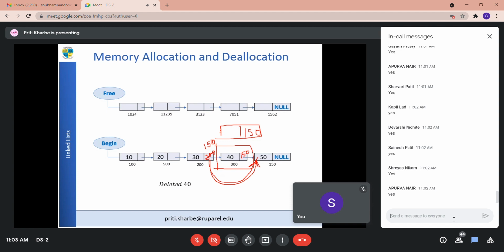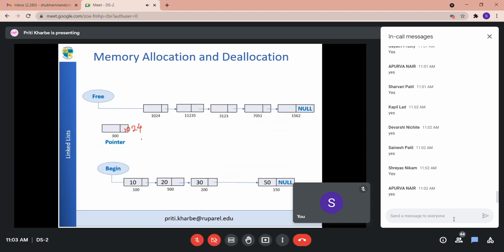So now this was already having name as PTR. Okay, its address is 300, and in the next part of that node it is having 50. All right. So now, right now I have value over here as 150.